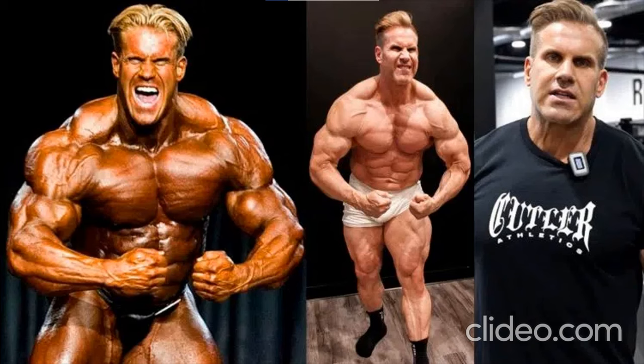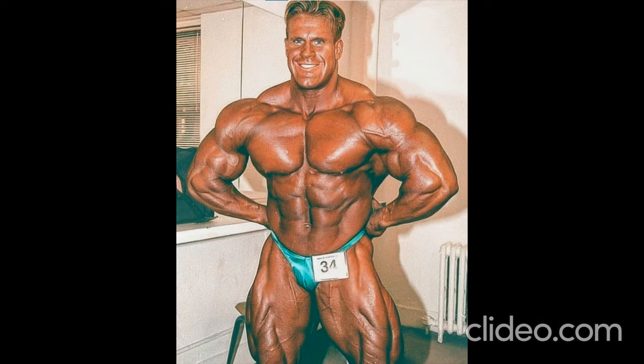In addition, Cutler built monstrous traps with barbell behind the back shrugs and upright rows, which also added thickness to his rhomboids. Barbell behind the back shrugs. Great exercise. If you guys aren't used to doing this, maybe use a Smith machine as your first time doing it. And the last exercise would be the upright row, which really would stimulate those traps, those upper rhomboids. Of course, it's going to bring a little shoulders in, but those 3 exercises will work best in your routine,